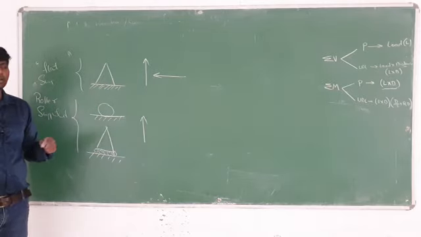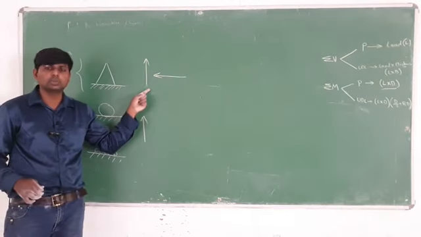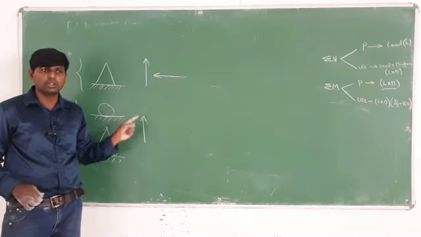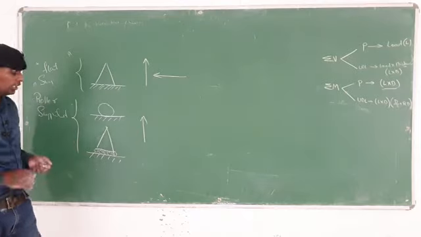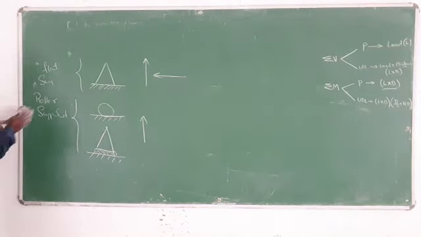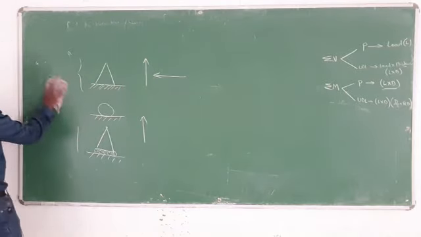So this one is known as the flat. Whenever flat will be there, you have to take vertical and horizontal. Whenever roller is there, you have to take vertical only. So now we will start the question based upon this one. Roller support and flat supports will also be there.